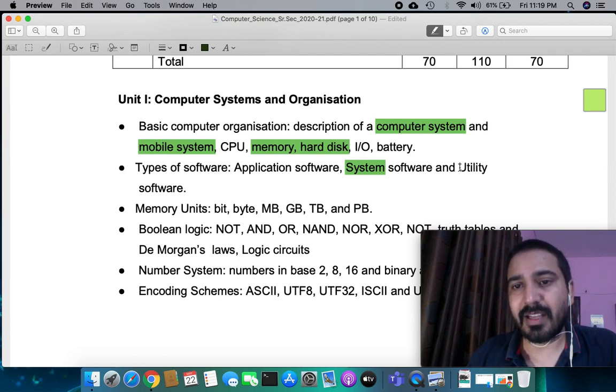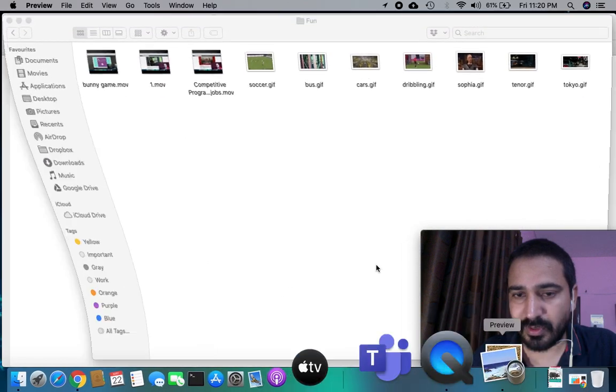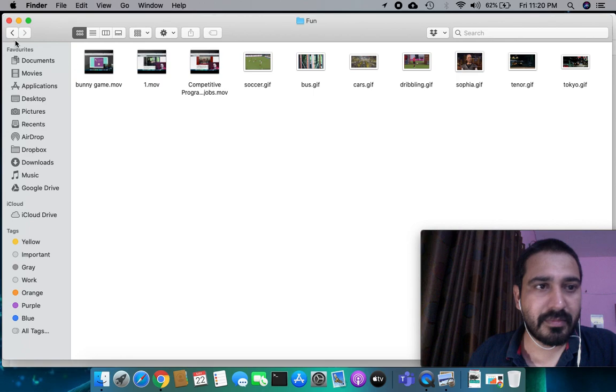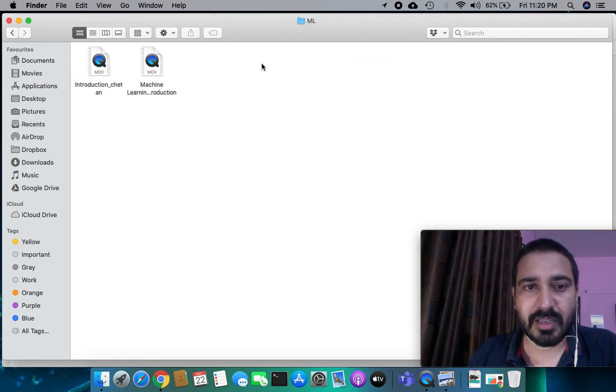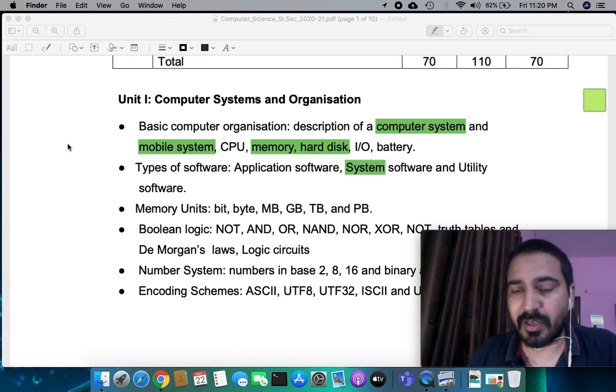So for that, utility software is available. Let me show you. This is my folder, and these are some machine learning videos. I can see these videos using this file explorer. So this is utility software. File explorer, disk fragmentation, and apart from that, the default antivirus is also utility software.